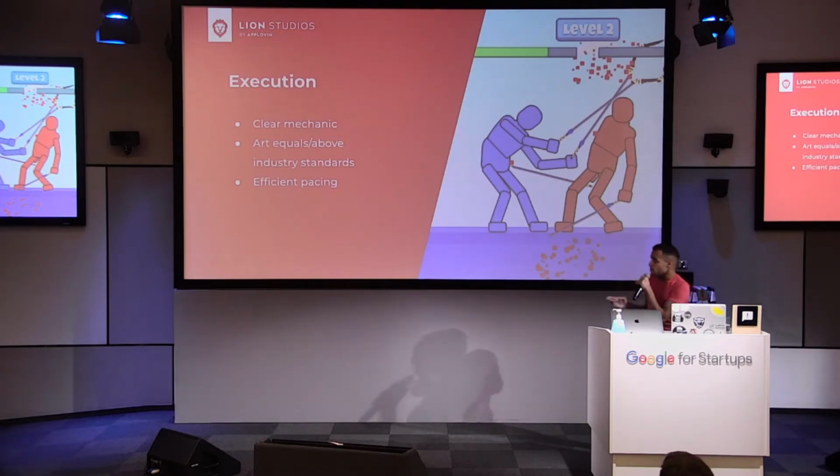For hyper casual games, it's not a big deal because usually we use stickmans and we have very low industry standards for hyper casual. But for other genres, it can matter as well as the mechanic. The third one is the pacing. For those who don't know, the pacing of a creative is basically the amount of actions that are happening within a certain frame of time.